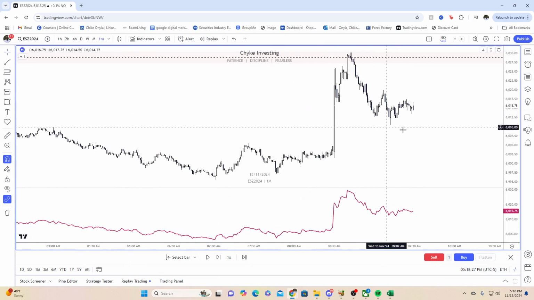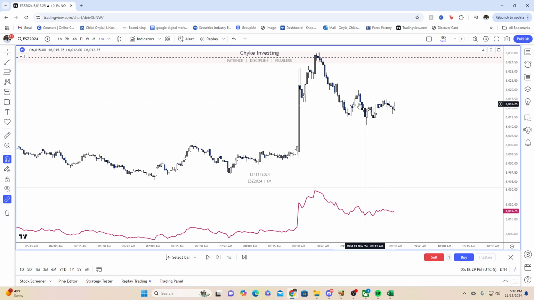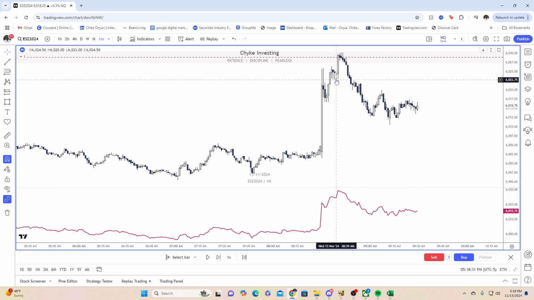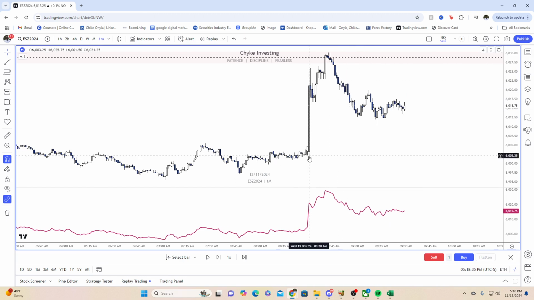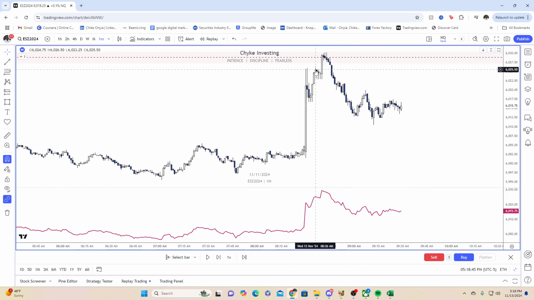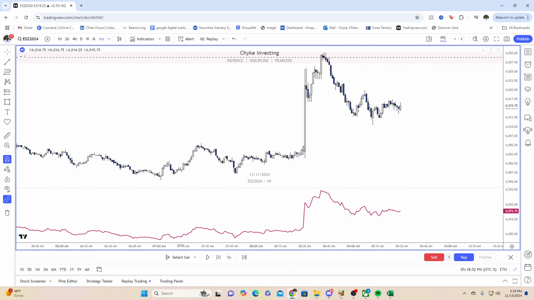Okay? So there's no clear 22 model that's formed yet, except for maybe right here, right? So actually, this is a pretty good one. CPI happened. We went higher. We took out that high over there, came to this 15-minute SIBI. We now inverted this 1 minute fair value gap. That's technically an inversion fair value gap. Didn't take that because I don't trade that on this particular channel. High, low, higher high, right? So that is that. Let's go back to